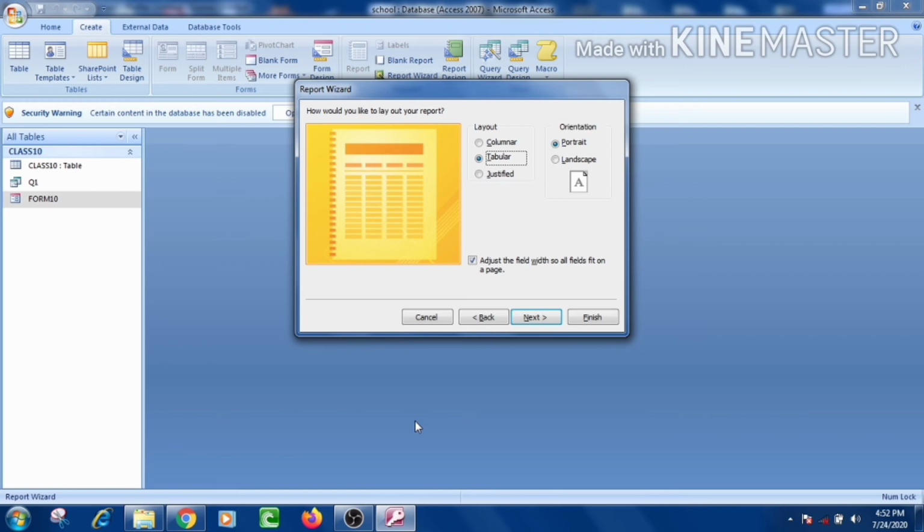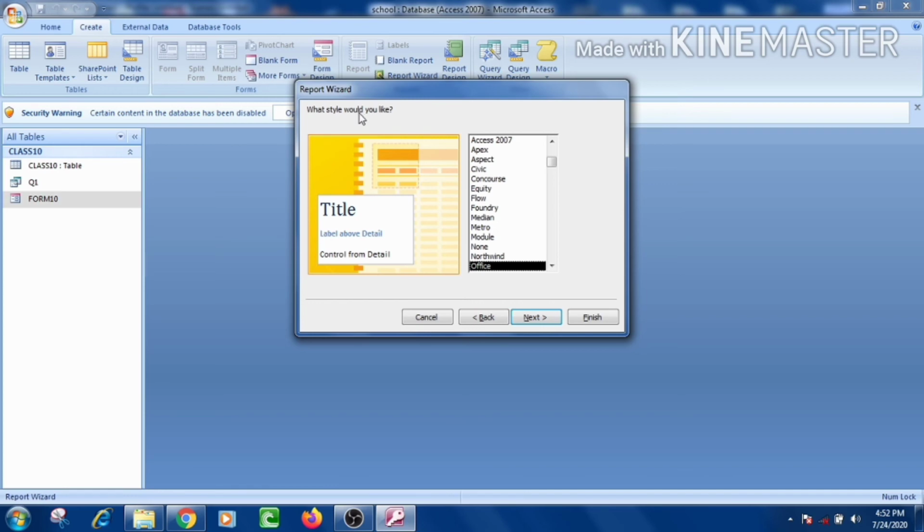By default portrait is selected there, so I am going with the portrait only. After doing this, tabular layout is there, and I have selected the tabular layout only. Now I will click on the next button.